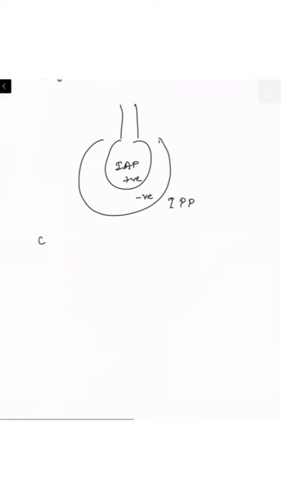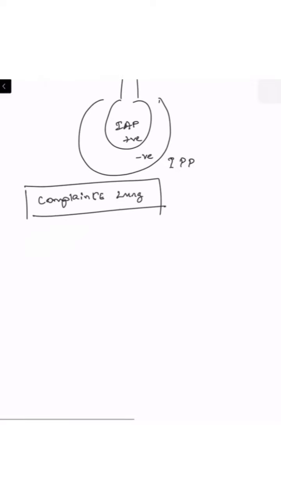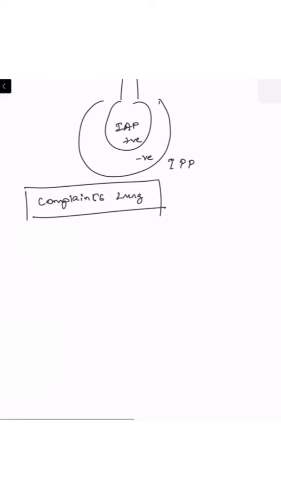Normally we have the most compliant lung in our body, which helps in maintaining ventilation in humans. So what is compliance of the lung? Compliance is defined as the stretchability, the ability of the lung to stretch to the maximum to accommodate the maximum amount of air within the lung. This is the basis for normal ventilation happening in the alveoli.